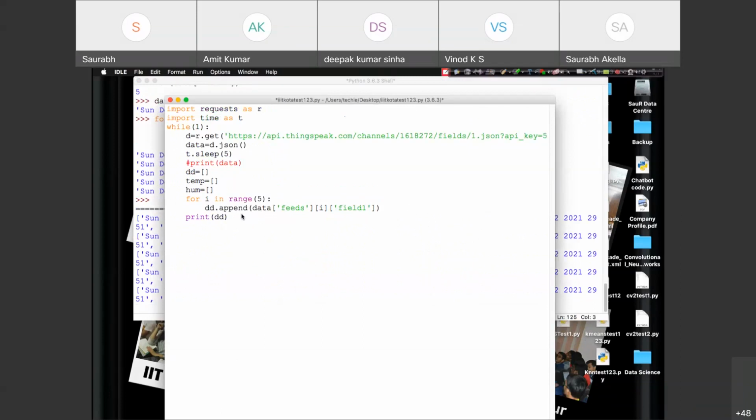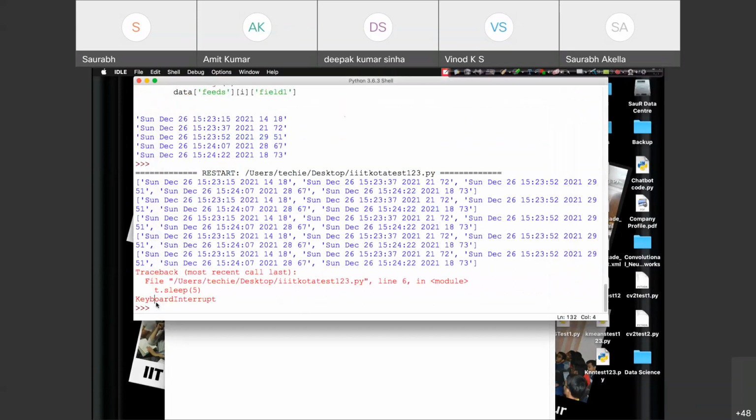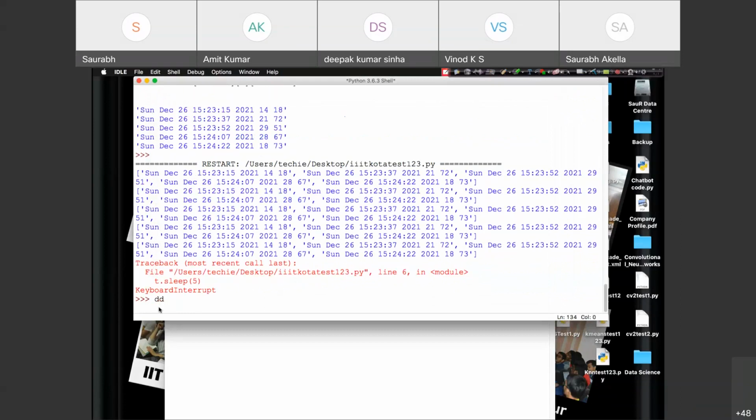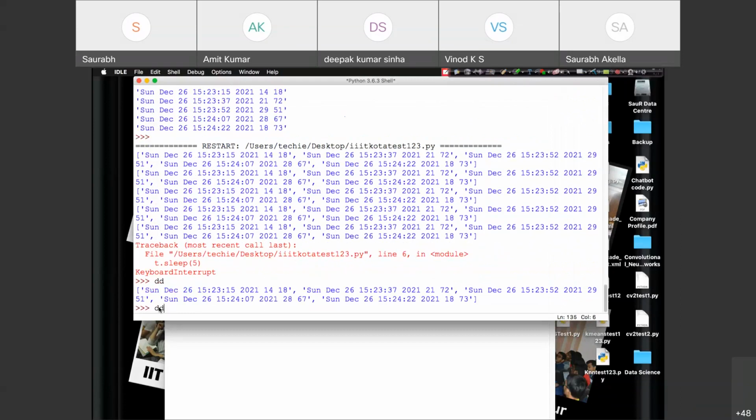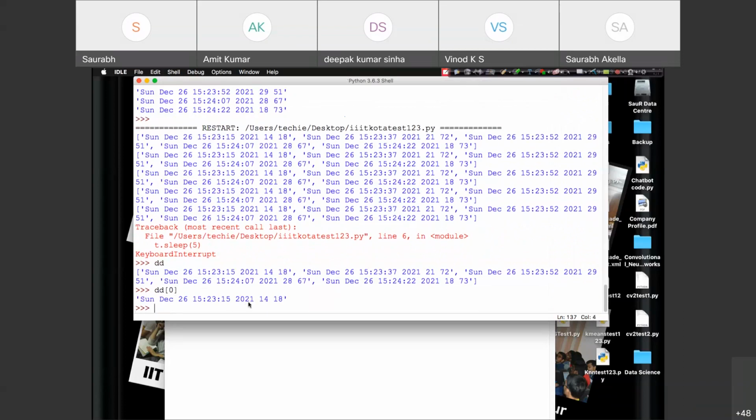So what do I need to do? I need to extract this from, suppose this is dd of 0, is this. I want to extract this. How to do it? So dd of 0 dot split. This is a function based on space. So based on space, it will split the entire thing, right?